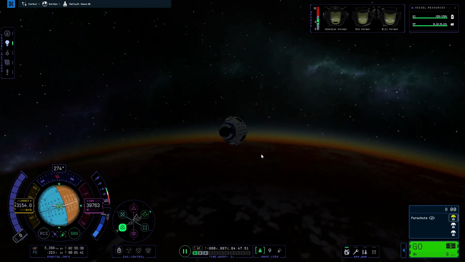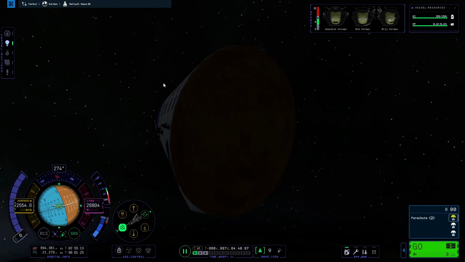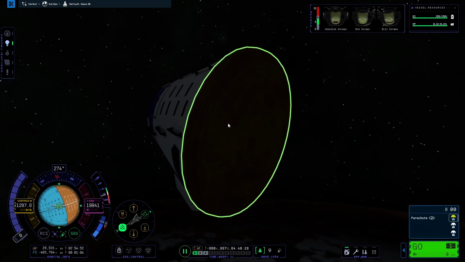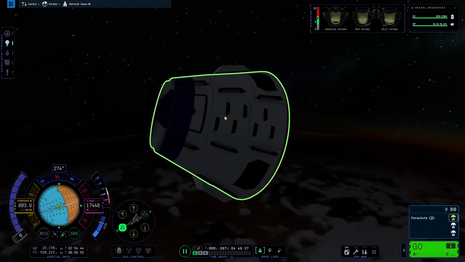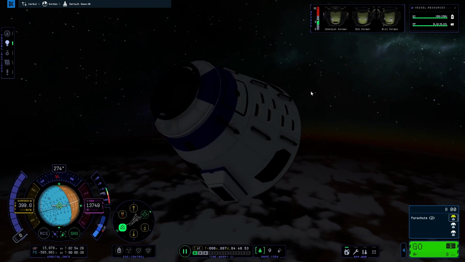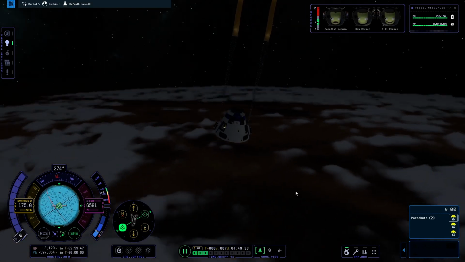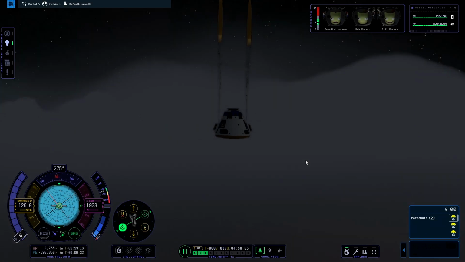Also, I don't know if this is a bug or if they just chose to not add it yet. There is no aerodynamic, like, heating effects visually on it at all. Just kind of strange. Even though we were entering the atmosphere going 3,000 meters per second. But here we go, time warping down